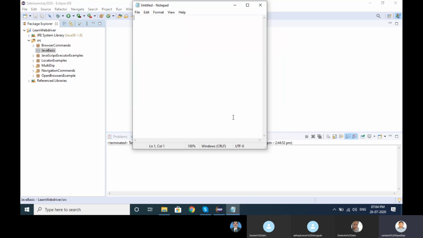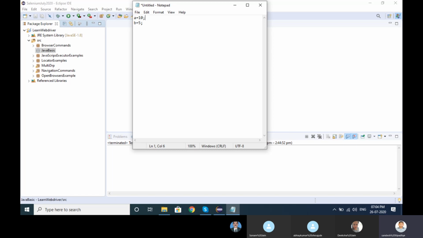So the first program I want to tell you is how to swap two numbers. Let me put it this way. I have A is equal to 10 and B is equal to 5. These are the two numbers. I want to swap them.